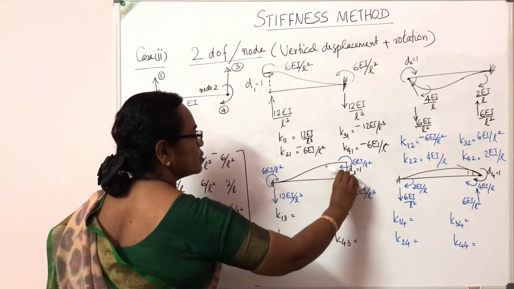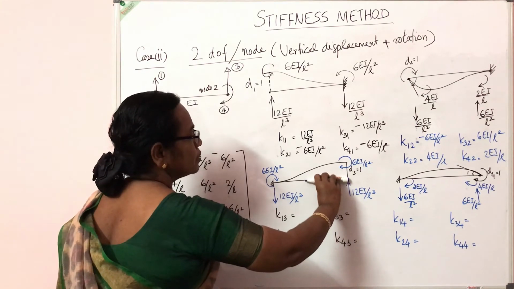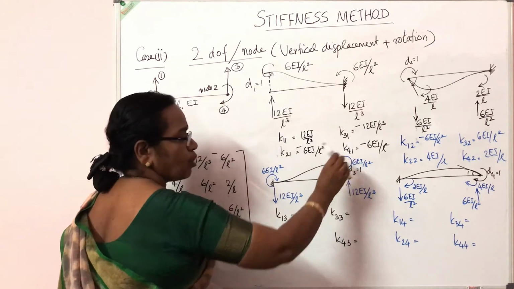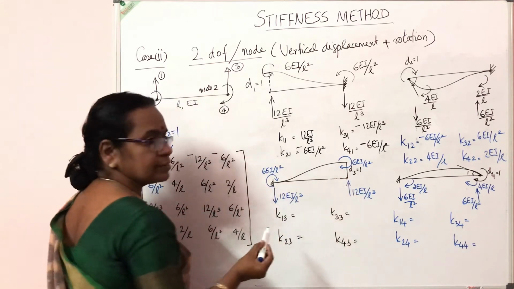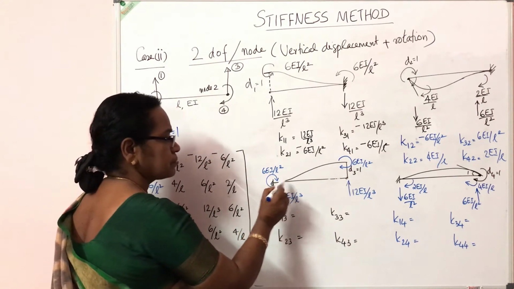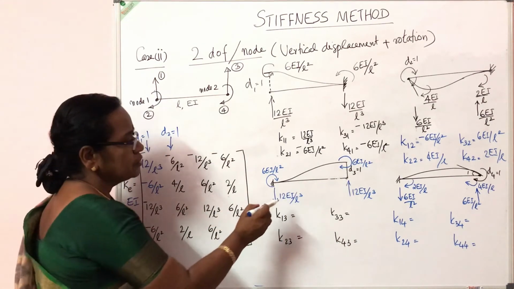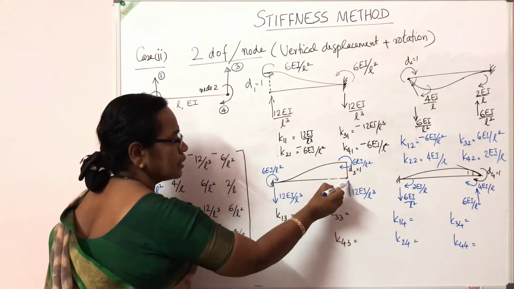So this was the original position of this beam element. Due to this vertical displacement, it has gone up. So my thumb goes in clockwise direction, the pen goes in clockwise direction. So the moment developed is 6 EI by L square clockwise. The same moment clockwise is developed here also. So 6 plus 6, 12 EI by L square is the unbalanced moment. So an anti-clockwise couple, left down, right up.